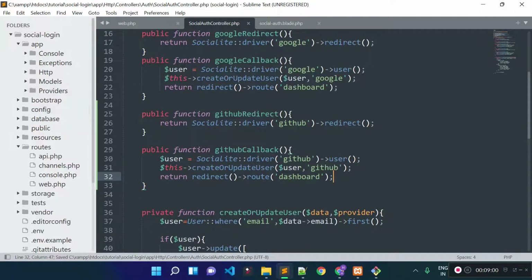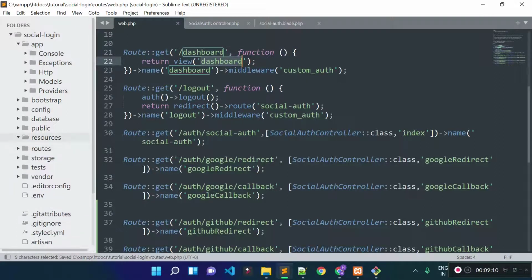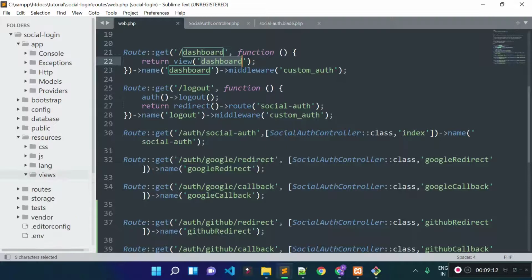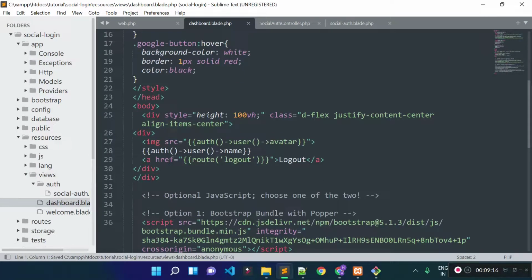If I open our web.php file, you see I already created this dashboard URL in the previous lecture, which is returning this view file. If I open our resources views folder, here is our dashboard view file where I put a username here, I mean authenticated username, and we are displaying authenticated user avatar, and we are also displaying logout button.